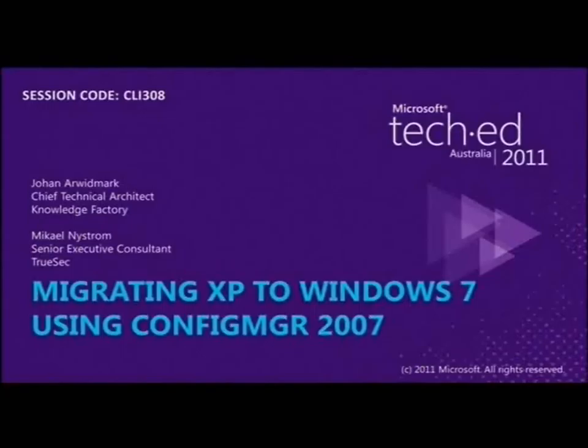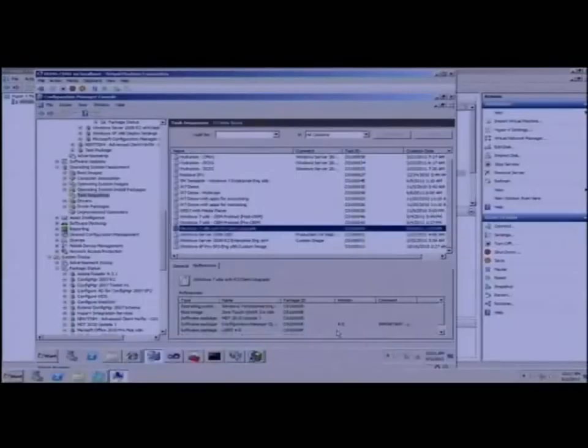So before actually starting on the introduction of things, I need to kick off an advertisement, because we actually will run a full refresh of an XP to Windows 7, so we will run that in the background. So I will just quickly switch over to my demo environment here, which should be number 2. And before I show you that,